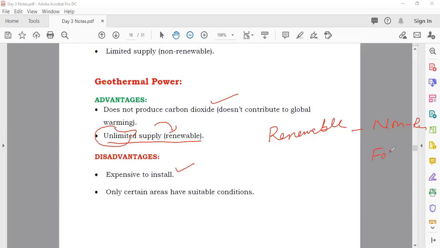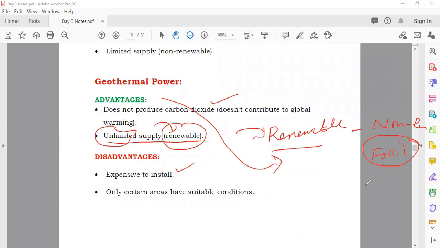Fossil fuels come in non-renewable, as we discussed. In all the others, now we are discussing geothermal, it comes here. When you are talking about it here, unlimited supply means that they are renewable. You can use it again and again. Fossil fuels, they have limited quantity, because in